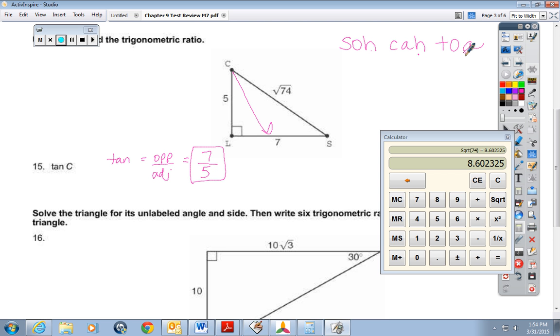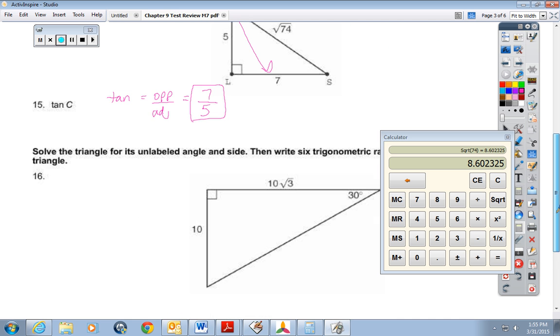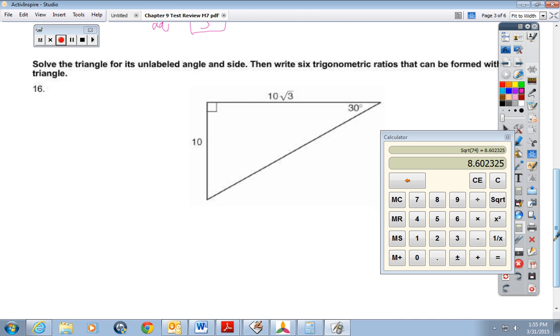Okay? Number 16 says, solve the triangle for its unlabeled angle and side. Then write 6 trigonometric ratios that could be formed. Okay, so let's start with the first. Solve the triangle for its unlabeled angle and side. Well, here's 30, 90, what goes here? 60. 30, 60, 90. Now, if you didn't know that, you could have added up 90 and 30 and subtracted it from 180 because all of the angles add up